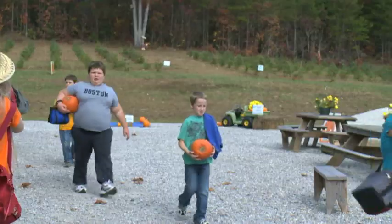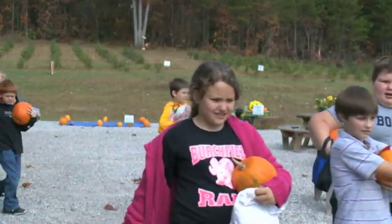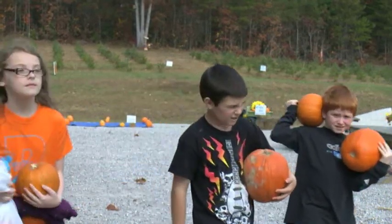fun that we had. We have a party porch here at Sycamore Springs where you can come and just sit and rock and relax with the family. We have picnic facilities. We have a fire circle where you can come and roast hot dogs or make yourself some s'mores. All of these are things that kids need to know about, and at the same time learn about living from the land like our